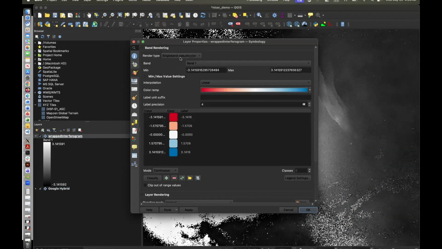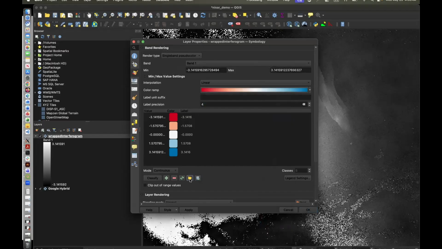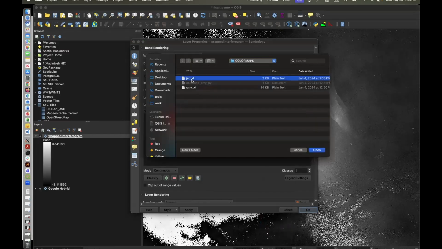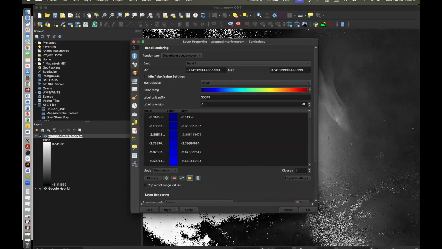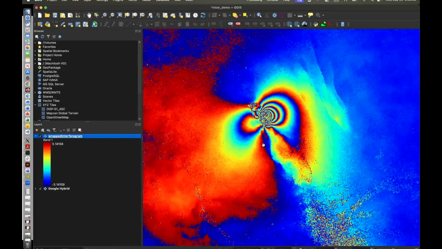Create the render type. I am interested in single band pseudo color, and you can choose from different color maps available here in QGIS. I have my own color that I like, so I have the jet one, and I will just load it, and I will just hit apply, and there you go. You have successfully loaded the NISAR wrap phase